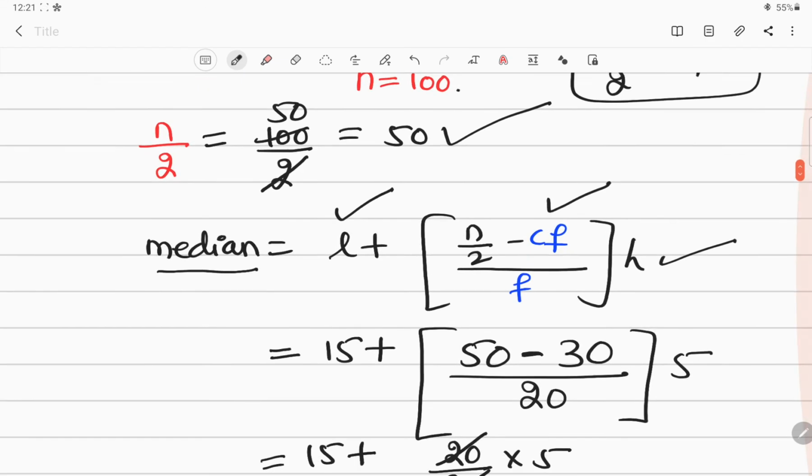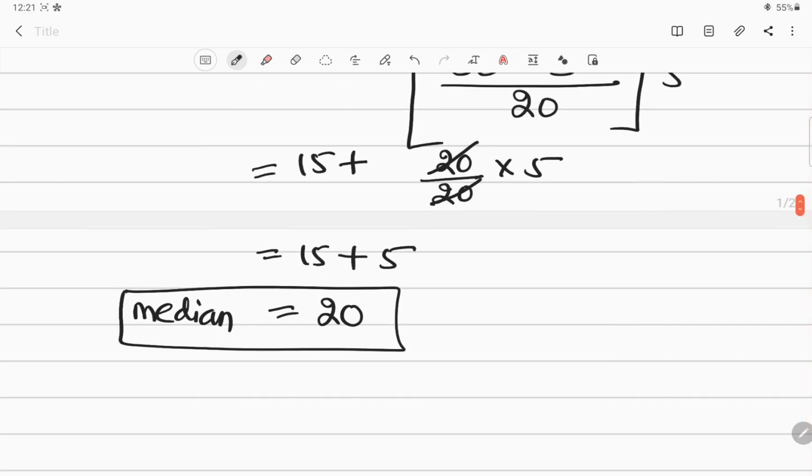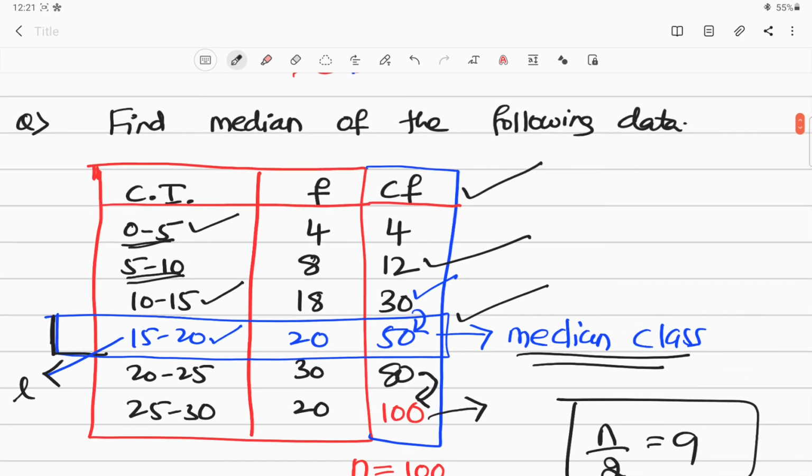Then after that, the median is equal to the certain formula, and I told you the meanings of Cf and F. Then we entered all those values and got the value of the median. So this was regarding your median. You can solve so many questions in your exercise of 10th standard NCERT also.